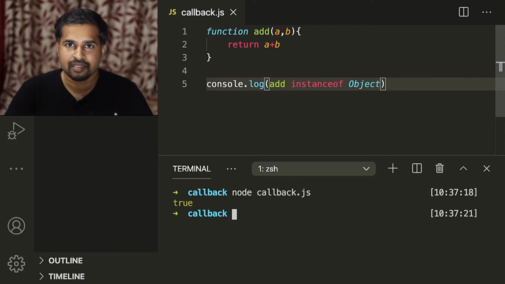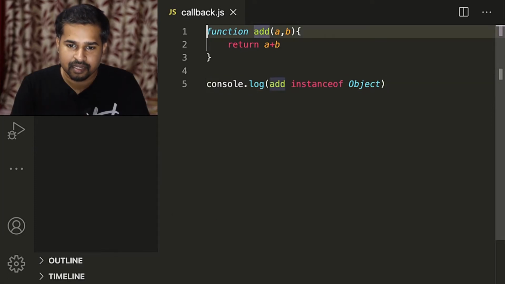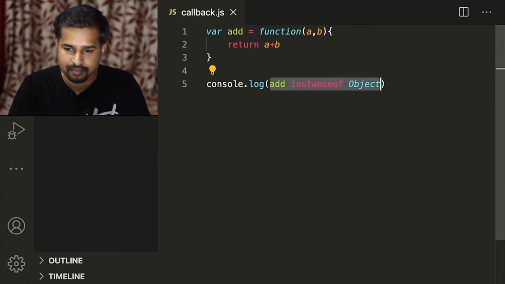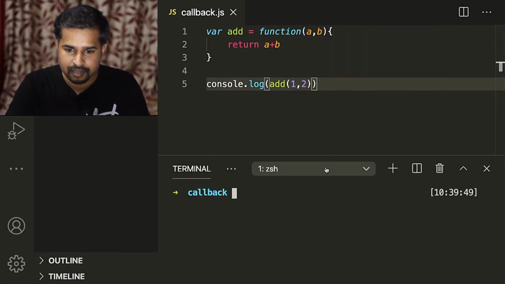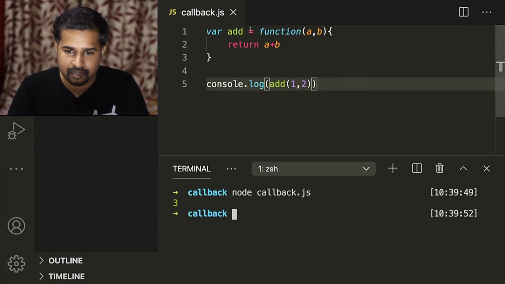That means some of the things that we were able to do with objects, we can now also do with functions. For example, we can assign functions to variables. We can have functions that accept a function as a parameter as well. Let us explore these facts with the help of an example. Since I have already defined the function add(a, b), I can do something like this now. Let us see what we get, and it is giving us 3 as the answer. That means we can assign functions to variables.